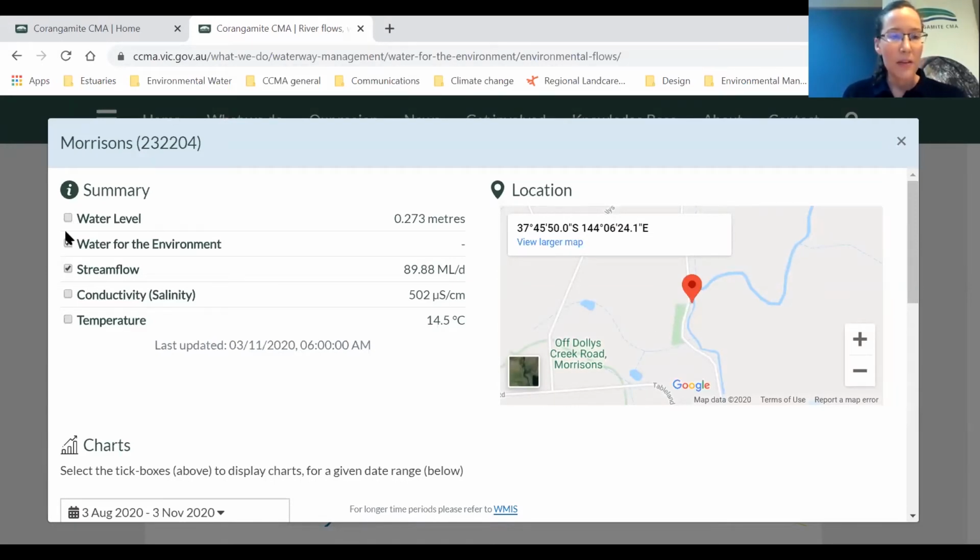So we've got up here, the default on the river gauges is water for the environment, which is the data that Sharon enters, or stream flow. But you can also have a look at water level, conductivity, temperature on this one. The other ones have slightly different parameters. So I'll just leave it on the water for the environment stream flow, and we'll have a look at the